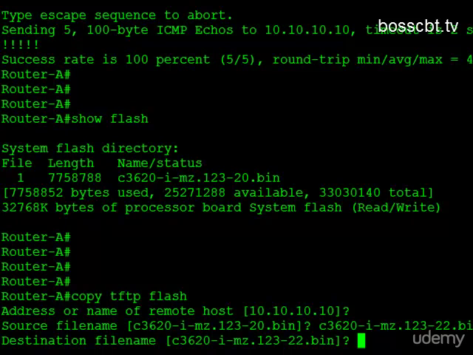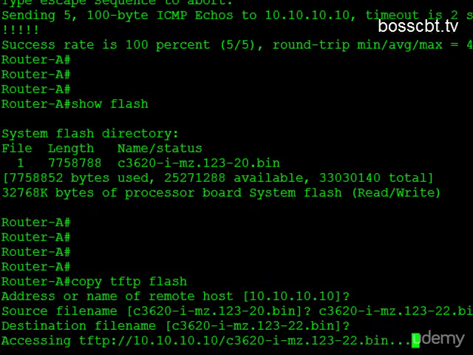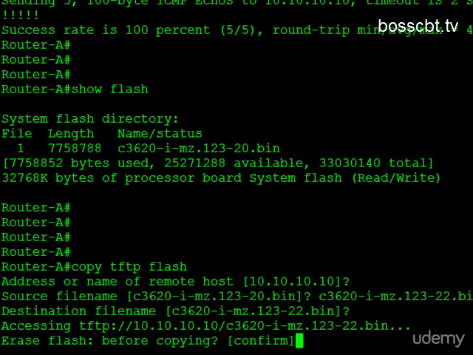And it asks me if I want to keep the destination file name the same when I copy it to the router, and of course I do. It makes tracking your IOSs much easier that way. And so it'll begin to contact the TFTP server,